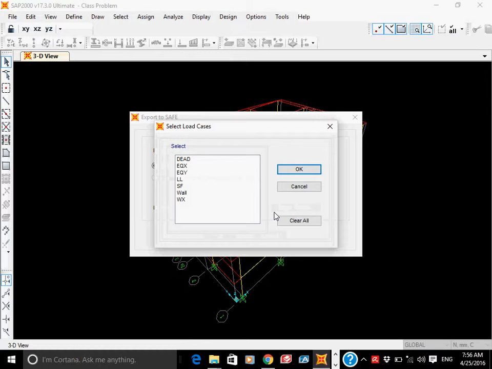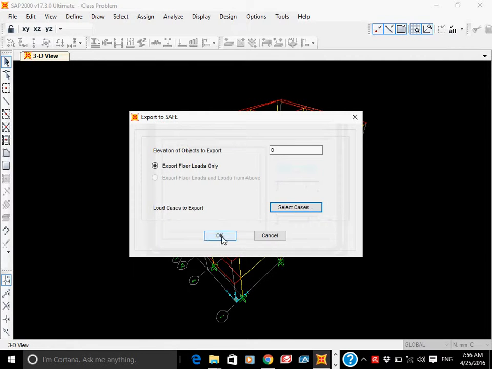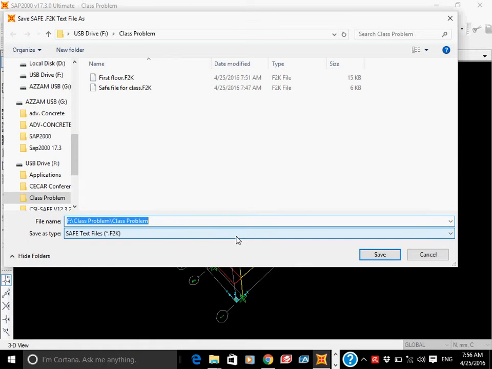It is better to export all the load cases over there. Just select all, click OK, and make it OK. Here you can give the name of this file as foundation,